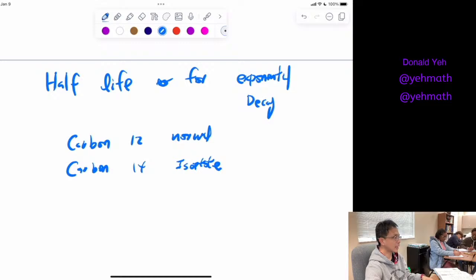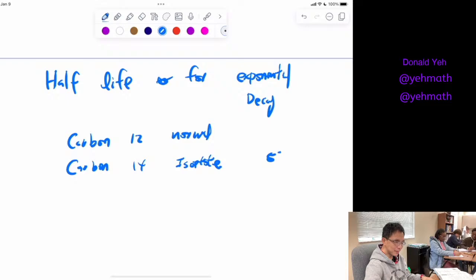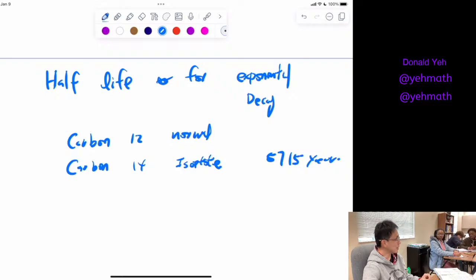And how long does it take to decay? It's about 5,715 years. What does that mean? This is called half-life. It takes 5,715 years to become half. And you're like, oh, okay. So